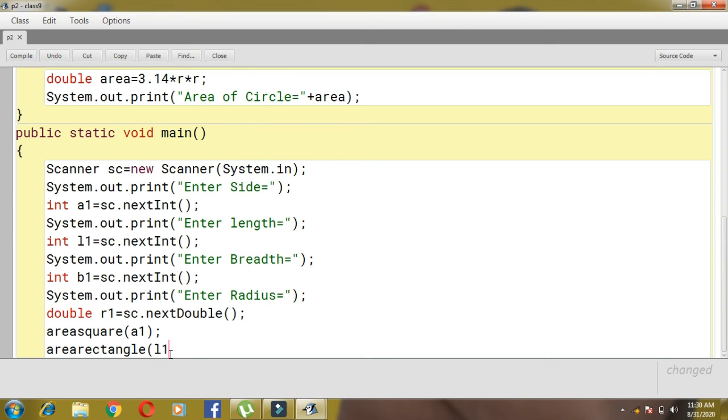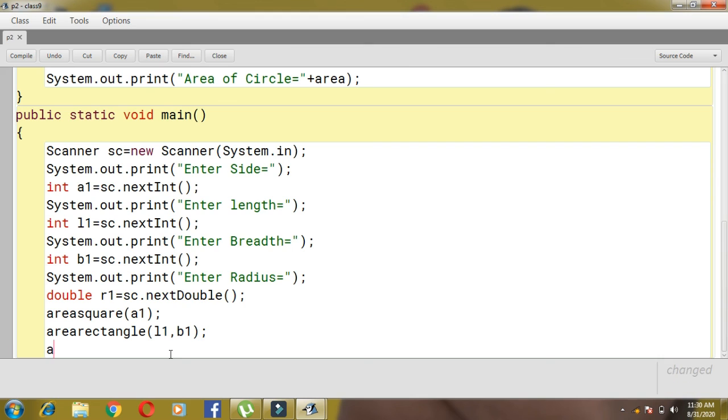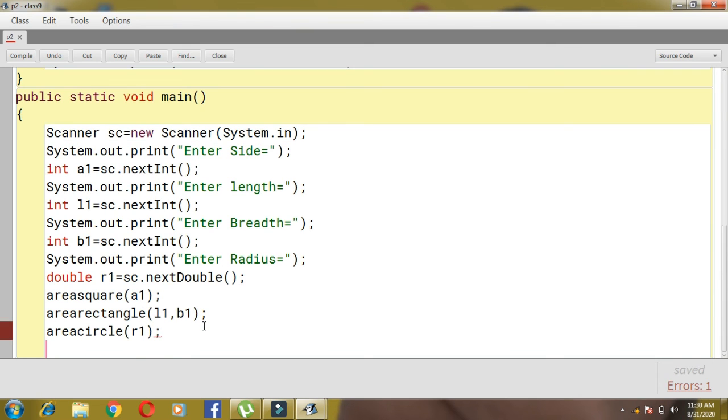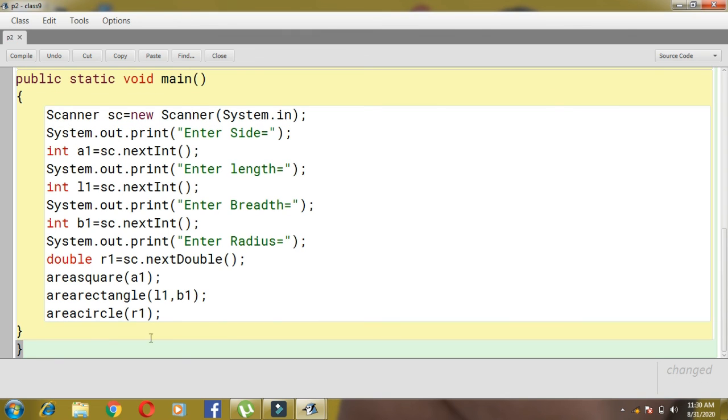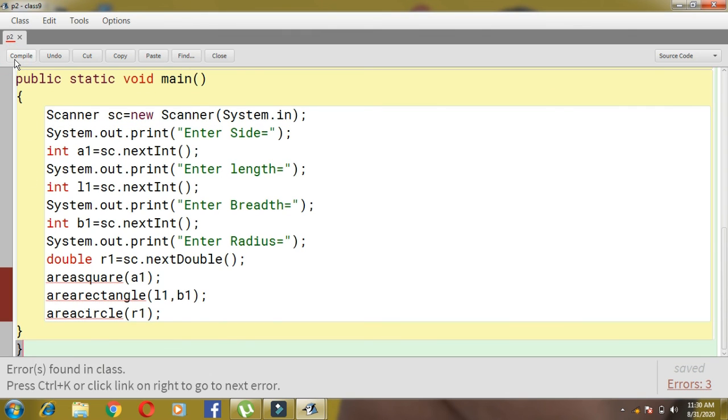Here I'll pass L1 comma B1. And the third one, area circle, and here we'll pass R1. Okay, children, so this is known as calling the function through value. Then we'll close the function, we'll close the class part, then we'll compile.